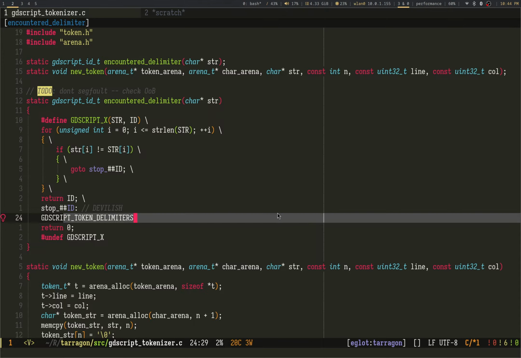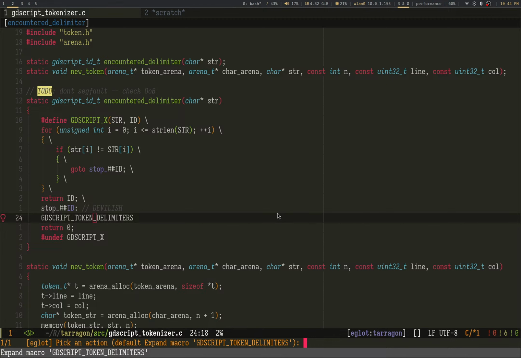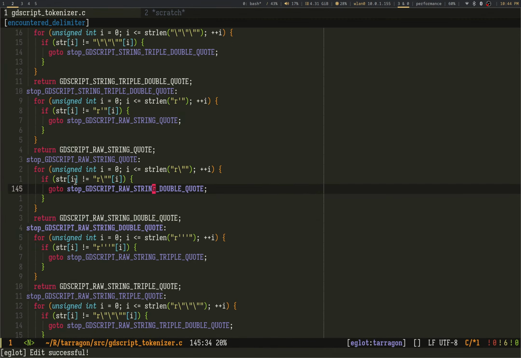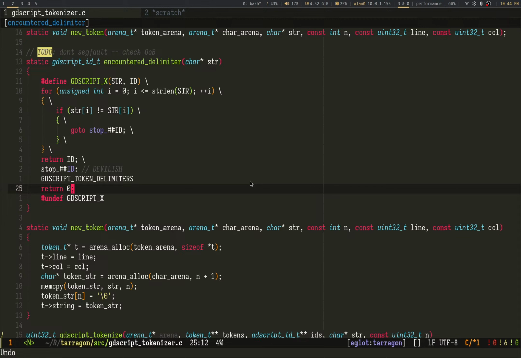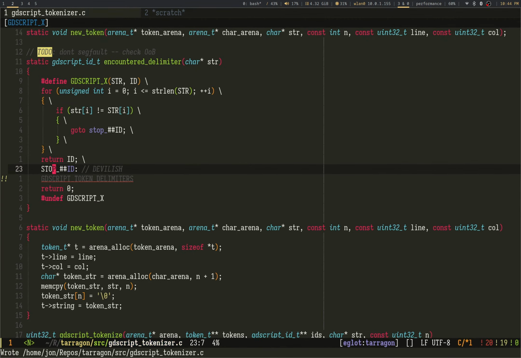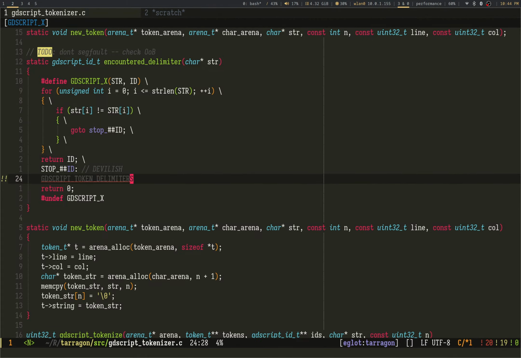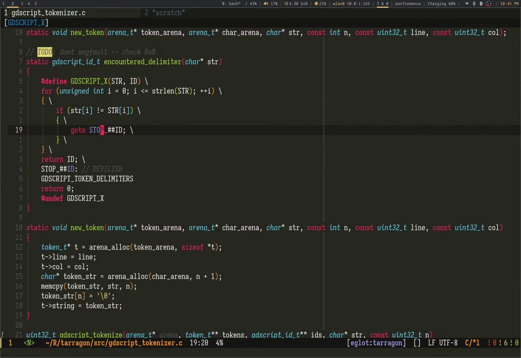Let's see what it expands to. Yeah, let's expand this macro.